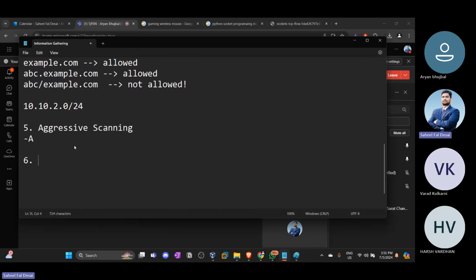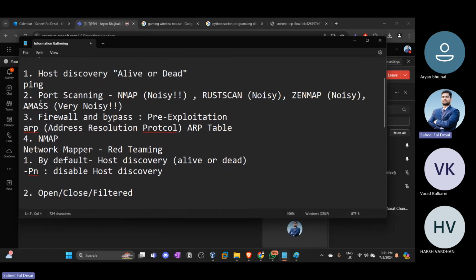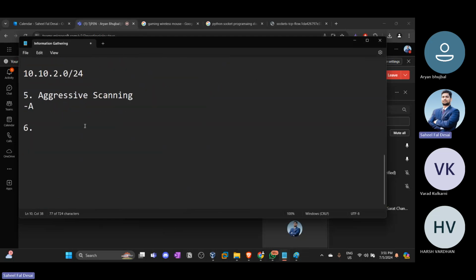Next thing, what I mentioned, you guys remember, that is about the firewall. So we need to bypass the firewall also. We can say bypassing the firewall, intrusion detection systems, IDS, or IPS also, intrusion prevention systems, or we can say EDRs also, or let's say these three things. How we can do that is, the only way to do that is we need to fragment the